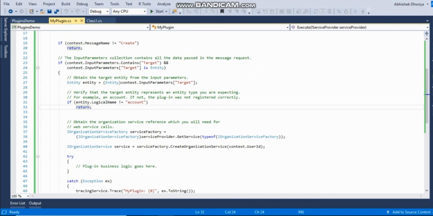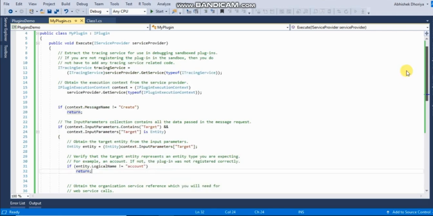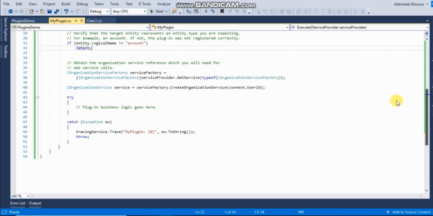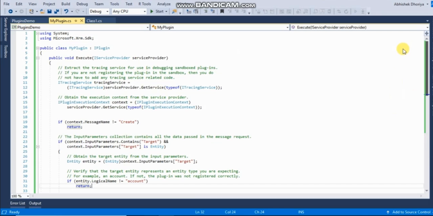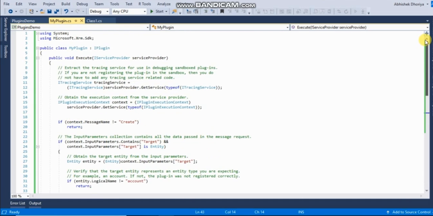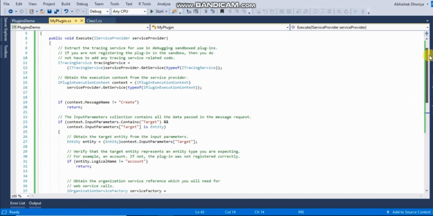That is all about writing a basic plugin. Before you go to writing a detailed complex plugin, just understand the structure part of it. In the next video we will see, with the help of an example, how you can write a simple plugin, and I'm going to write the custom code also. Then we will eventually move on to writing a complex plugin as well. But just make sure that this is the overall structure of writing a plugin,